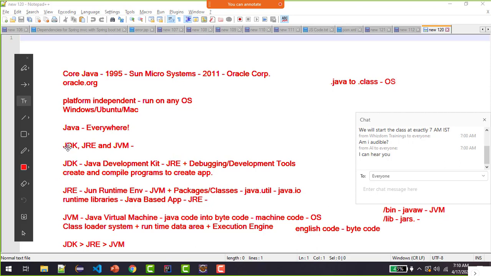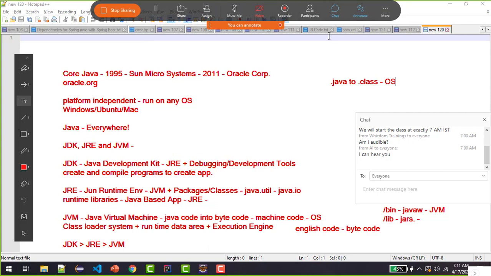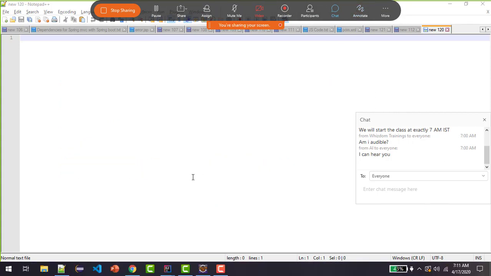You can say these three terms, JDK, JRE, JVM, are all the backbone of the Java language. Each component works separately. JDK and JRE physically exist. You can see that, I will show you right now, in just a minute. But JVM is just an abstract machine, which means it does not physically exist as a folder or any directory structure. It just exists as part of JRE or JDK. So this is a little introduction about JDK and JRE.